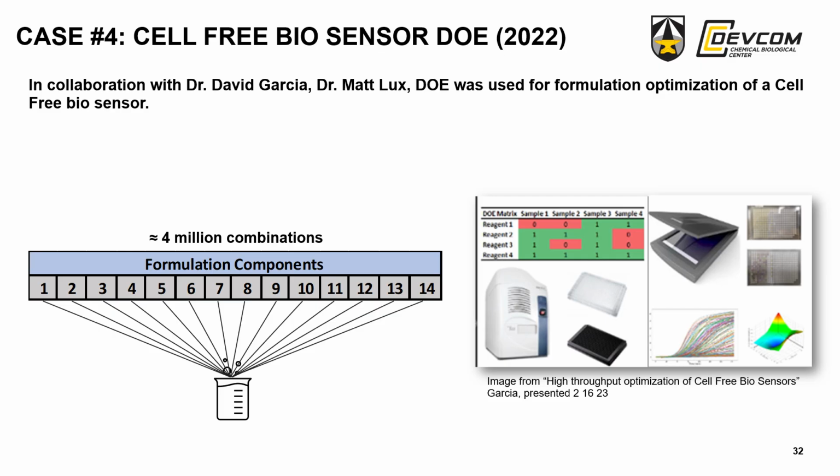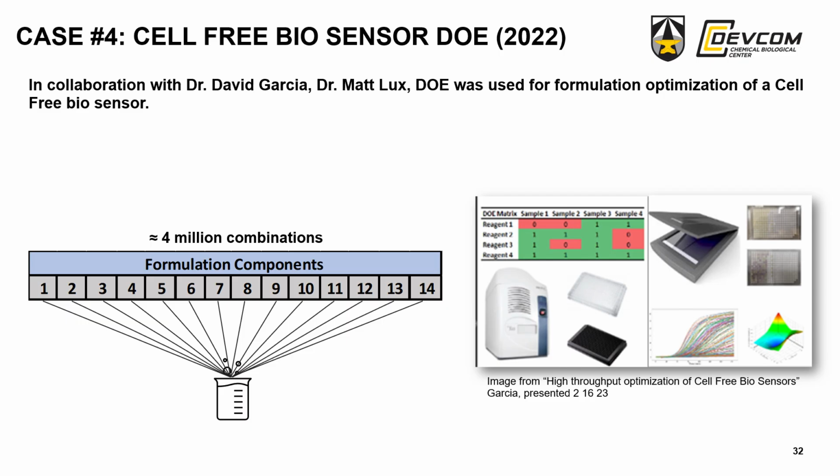So the final study that I'll talk about, the case study, is still at the Chemical Biological Center in 2022, working with Dr. Garcia and Dr. Lux. They're the SMEs, they're the PIs in this. They do synthetic biology. They work with cell-free systems, and they had a problem where they had 14 cell-free components that could be blended any way we wanted to blend them. And they also had an automated acoustic dosing machine that works in a 1400 sample well plate. It works at the nanoliter levels, so whatever blends you tell it to make, it'll drop them into